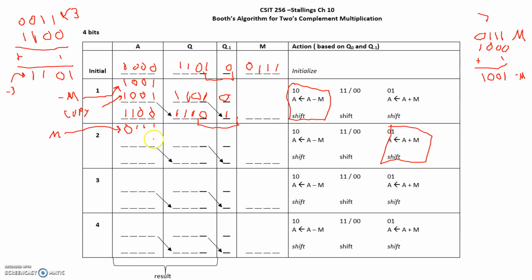So 0 and 1 is 1. 0 and 1 is 1. 1 and 1 is 0, carry the 1. 1 and 1 and 0 is 0, but there is no carry. Again, I'm just going to copy the row